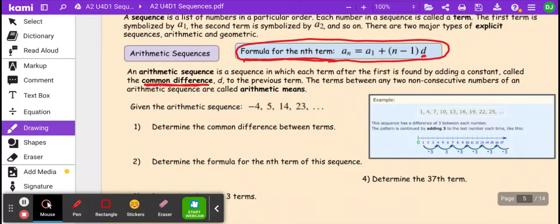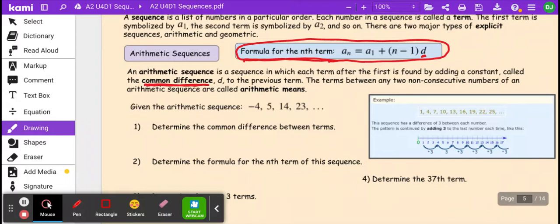Well, that would be what? Take a look at it. Do you see the N in 2 places? So if you go down to this number 4 where I'm trying to get the 37th term, which we'll do in a moment, if I'm trying to find the 37th term, then that N has to match. When we define a variable, it has to match. So N just means the term that I'm looking for. It's the number of terms. Okay, so if you look at that, you should be able to